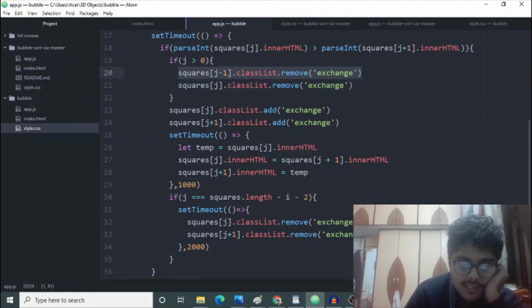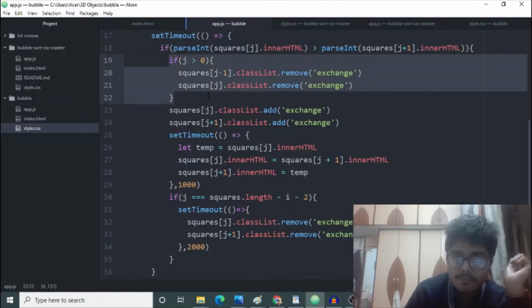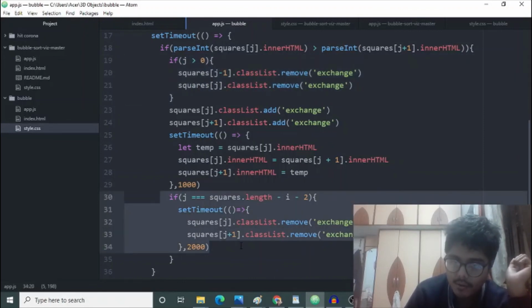And why j greater than 0? Because if j is 0, then j minus 1 will be minus 1 and minus 1 is not a valid index. So for that we are doing this. I think you have understood that now. And why are we doing this? Because